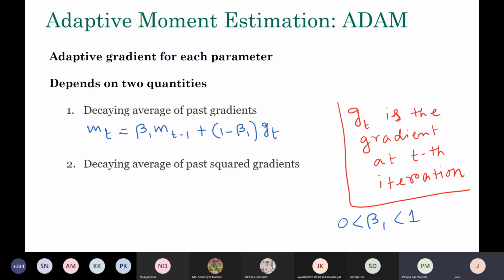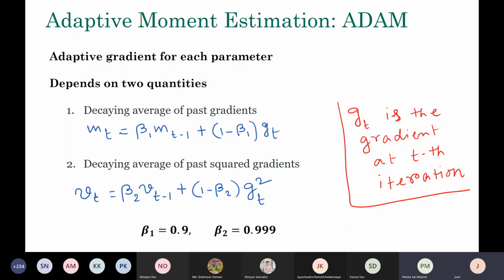And the second expression, v_t, is something very similar to what we have seen in AdaGrad. You are taking the squared gradients, some weighted combination of squared gradients. So these two pieces of information we are making use of. Any question? So what are m_t and v_t here? m_t is basically the corrected direction of movement, or the corrected gradient that we're going to take. Not correct, but corrected rather. In a sense, it is a weighted average of the past gradients only.